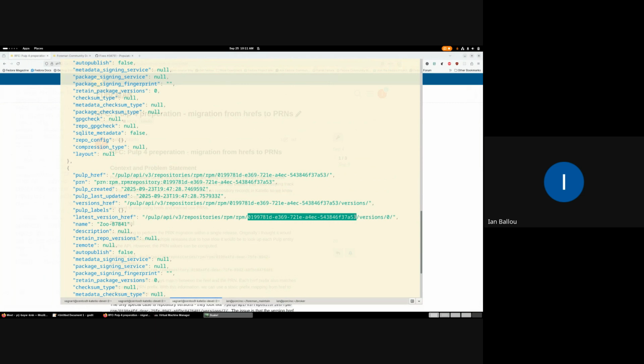So to sum it up, how the migration is going to work, it will happen in one single release. The migration will run, which will populate the new columns, do this calculating migration, and then the installer will run an upgrade task, which will query the Pulp API to populate the repository version PRN records, which should be relatively quick because people don't have as many repository versions as they do, say, RPM units, content units. And then in some future release, we will drop the hrefs attribute. And we would drop that from every table just to do some cleanup.